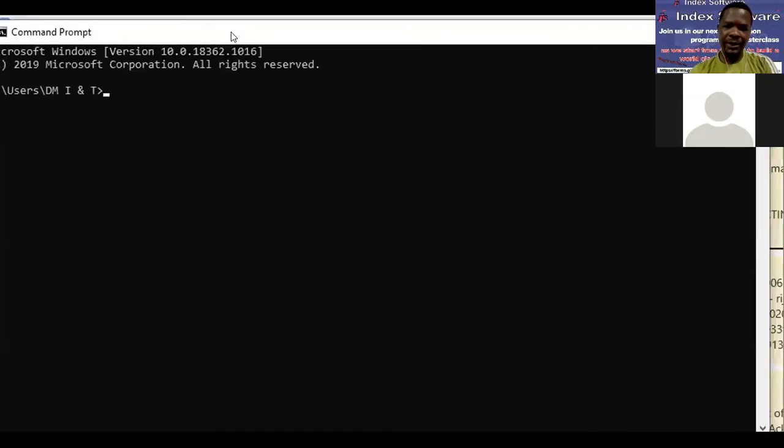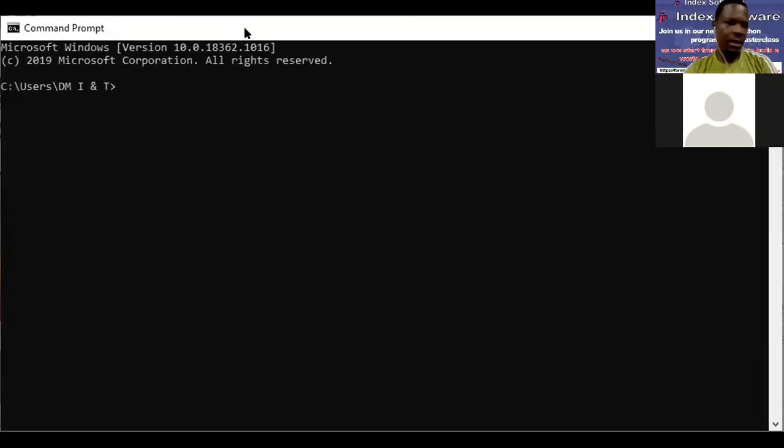Okay. Python basically will start with the command line, and I want to believe that you know some basic command line commands. We are not going to continue all through the program with the command line, but that is the foundation. So I want to show us one thing. If you have Python already installed on your system, there's a way to find out. All you need to do is to type Python.